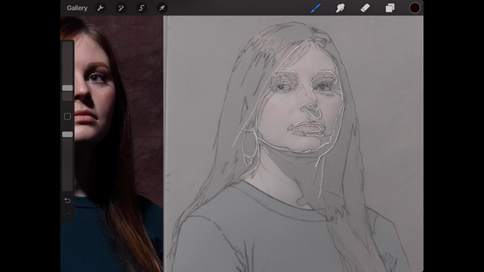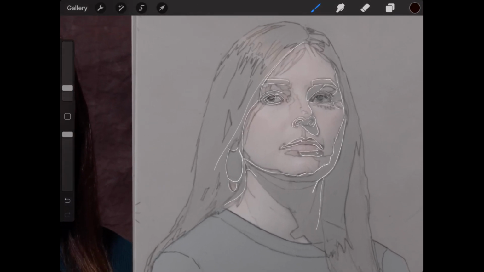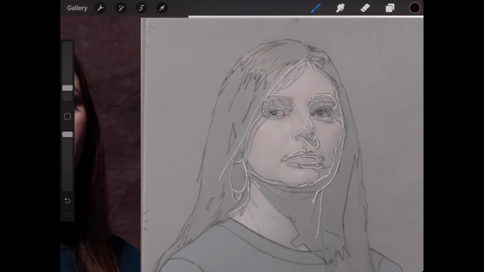Okay, so a few of the suggestions I have, a lot of it had to do with simplifying this drawing. When you transfer, you don't want to be bothered with all of this because it's going to get covered anyway. It really doesn't play much of a role in the finished drawing.